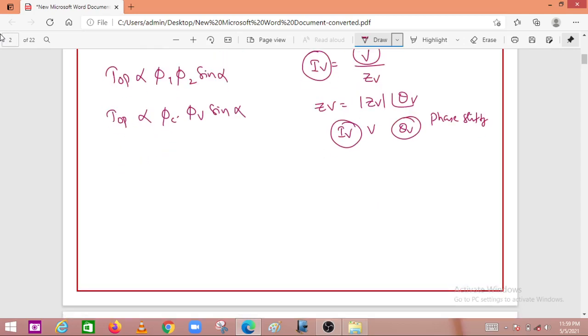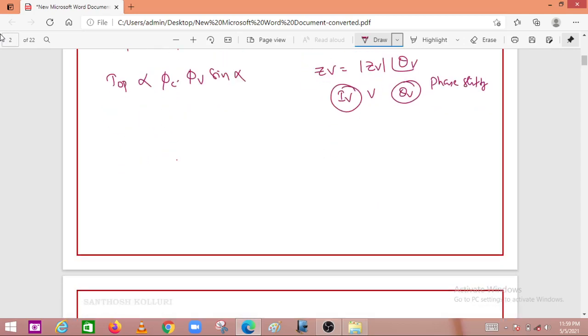So that will be represented by using the phasor diagram here. This is the voltage and this is the current flowing through the voltage coil IV. Because of this IV you will be obtaining the phi V, right? And this is theta V, which can be adjusted with the phase shifting network, either leading or lagging. So in this case we are keeping it as leading only. And after that this is the current I, okay, and this is phi C. Right, now our alpha is this one.